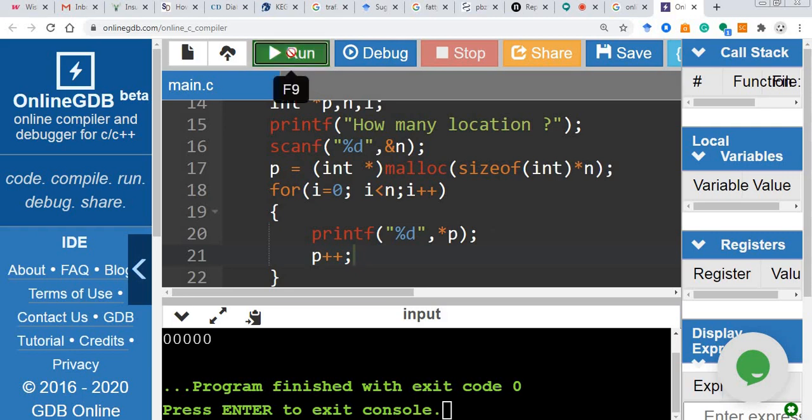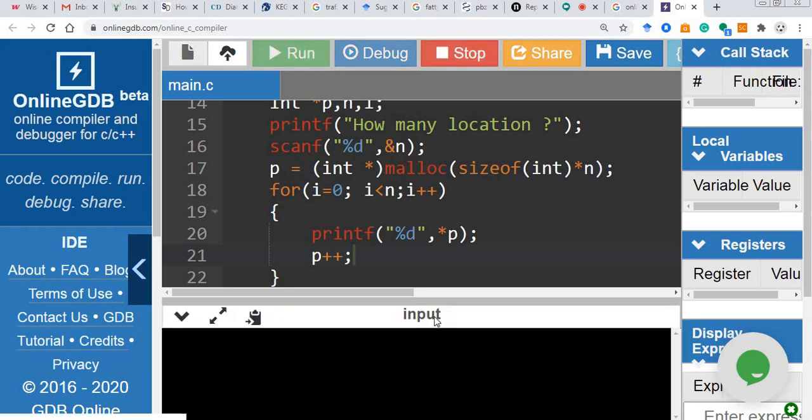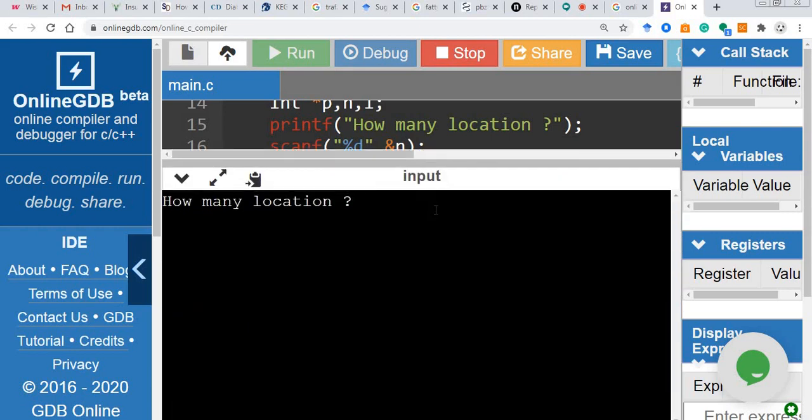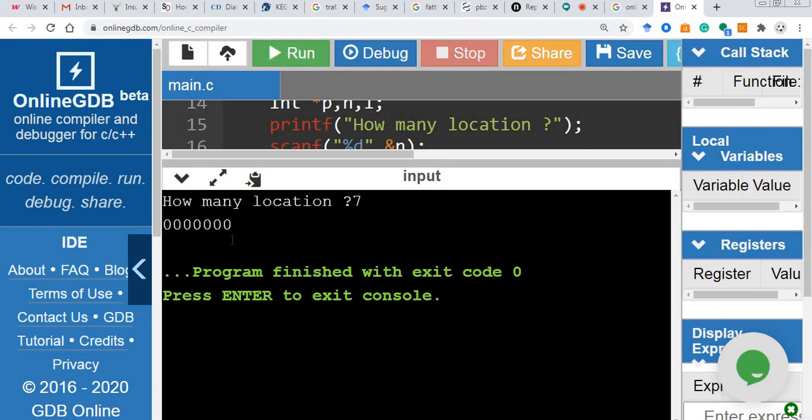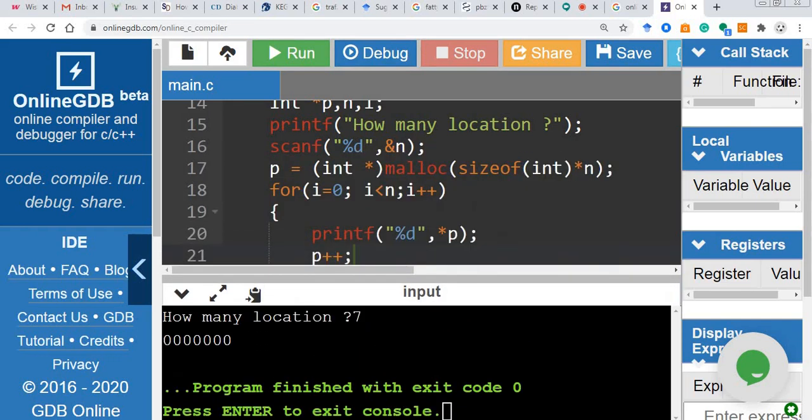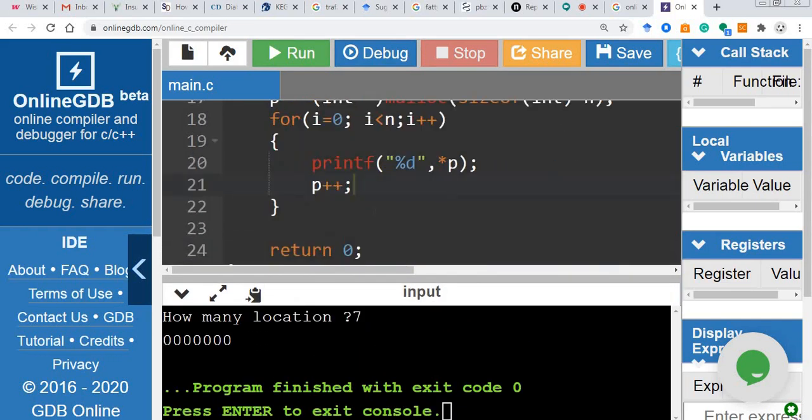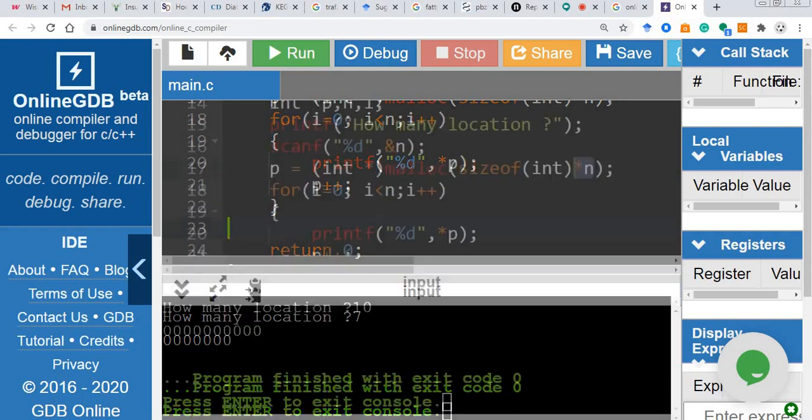Now, if you run this code again, you will see the same thing. If you now consider, suppose instead of n, 5, let's write 7. If you write it, you see I'm getting 7 zeros.